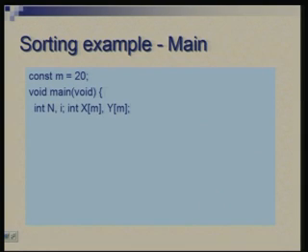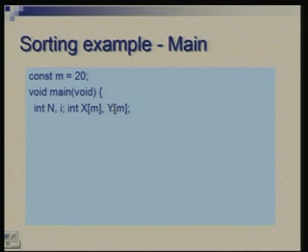We will begin with a description of the main function, which will essentially take care of inputting an array of integers, then call the sort function, and then output. The sort function would be a recursive function. x is the array of dimension m. M has been defined as some constant here. This is the input, y would be the output.